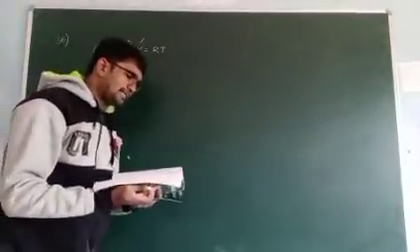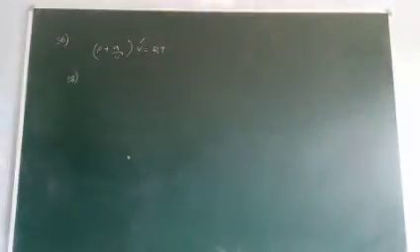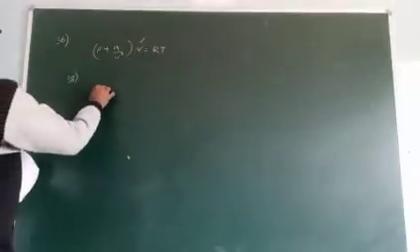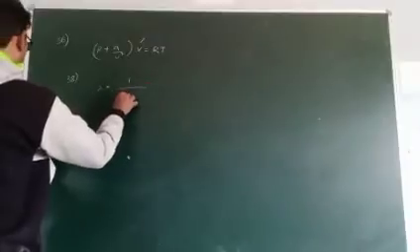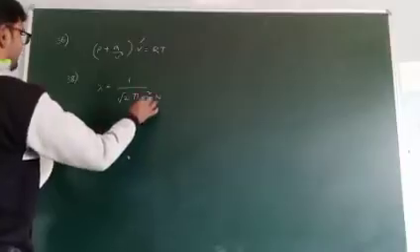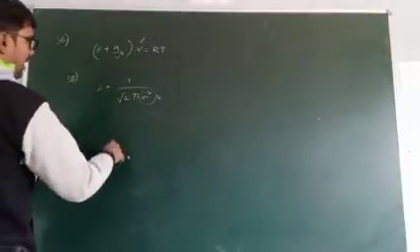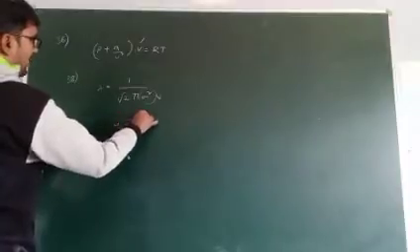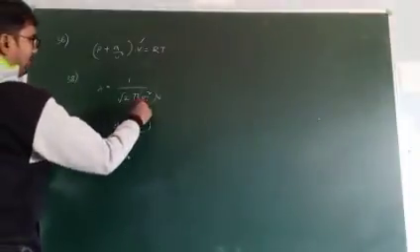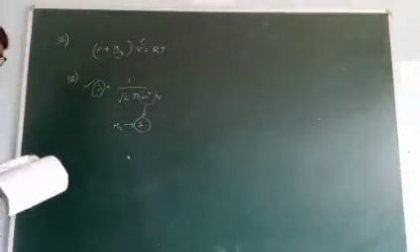Which of the following has the maximum value of mean free path? For mean free path, one formula is there: lambda is equal to 1 by root 2 pi sigma square n. Depending upon this, if the molecular weight value is small, as for hydrogen, which is 2, then the overall value is high. That's why the answer is B.